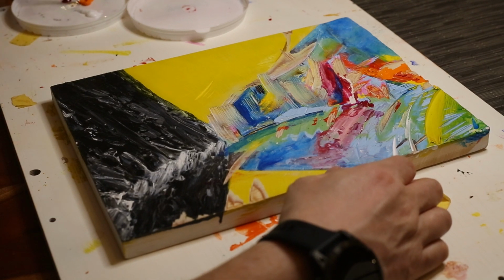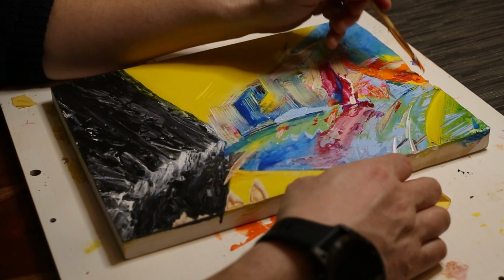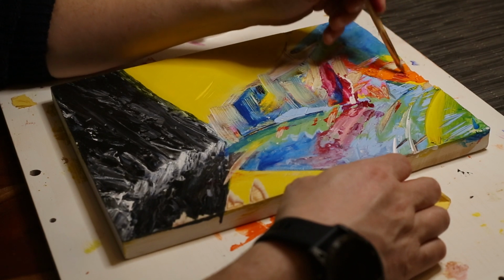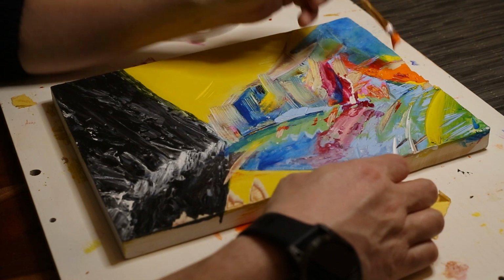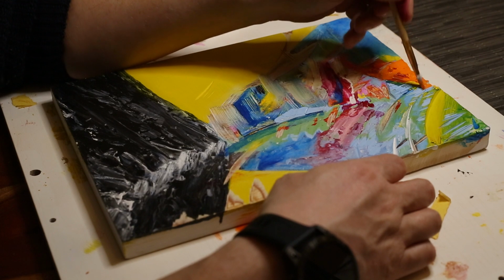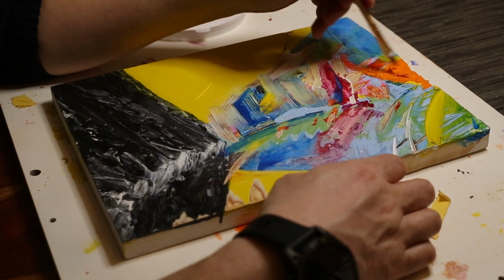I'm putting a little bit of orange into some more of these table saw cuts that I've done, and I have to admit now this painting is beginning to challenge me as to what it is. The majority of it I do still like. I still like the mountain vibe at the bottom and the yellow on the sides, and actually within the eruption, the colour eruption and texture at the top, I do quite like most of the textures and colours,